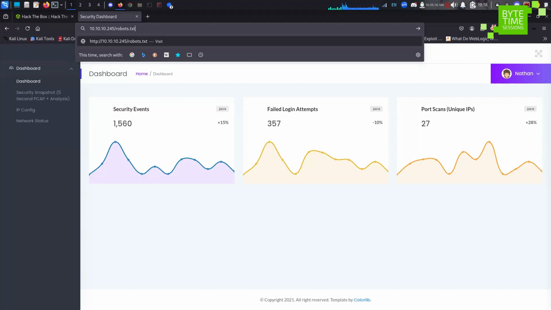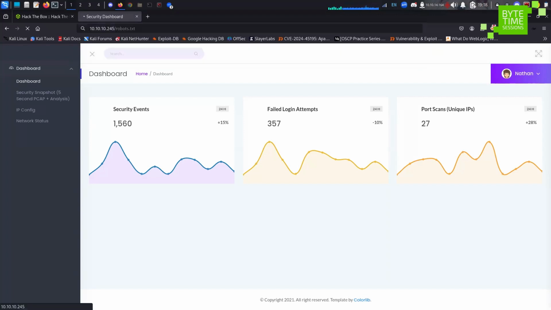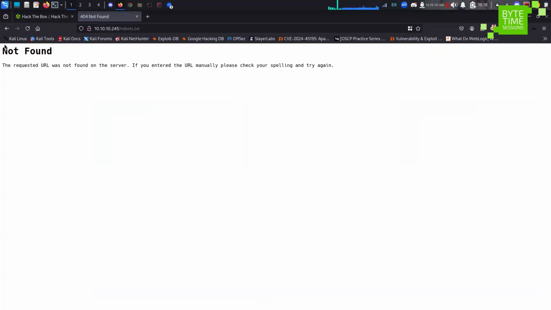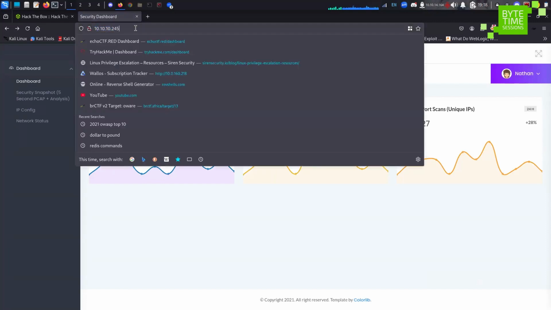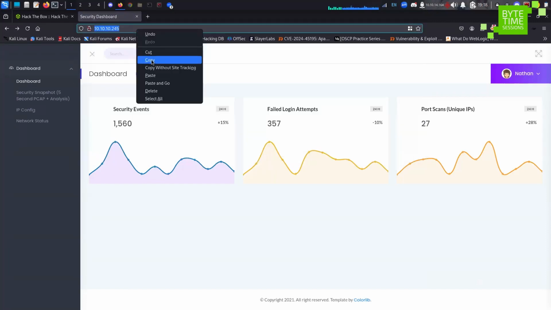It doesn't mean that you can't access it. It just means that the crawlers wouldn't be able to access those endpoints. So if there is the existence of that file, we would have seen some content here, and we would be able to access it, but there is nothing there. So we can just copy the link